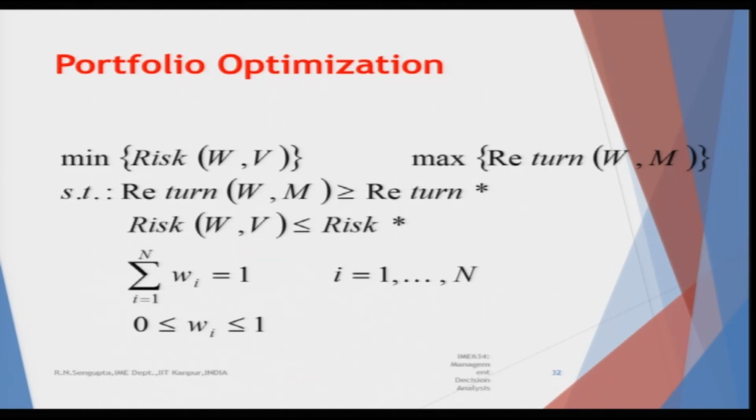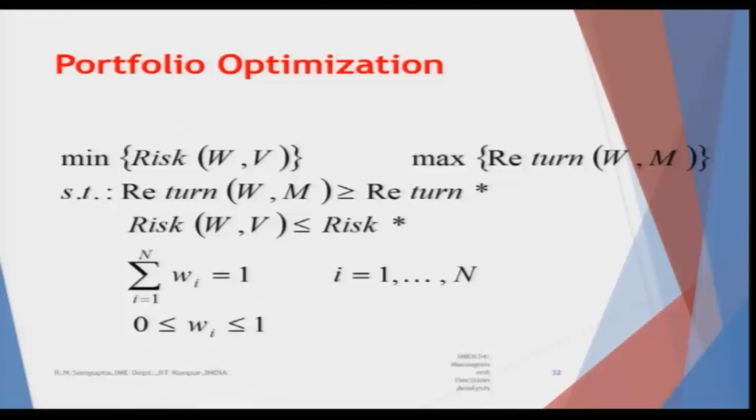And finally, and very logically, the sum of the weights should be equal to 1, that is, the sum of W i's for all i equal to 1 to capital N is 1. Now, you could formulate the problem in this way. Rather than considering the wealth, why do not you consider, for example, the number of stocks you are going to buy. Considering the price of the stocks and the number of stocks you will buy, that will give you the total amount of investment for each and every asset, and the total investment in the portfolio would be the sum of the investment in each and every asset, which means I would not write, but I will just explain.